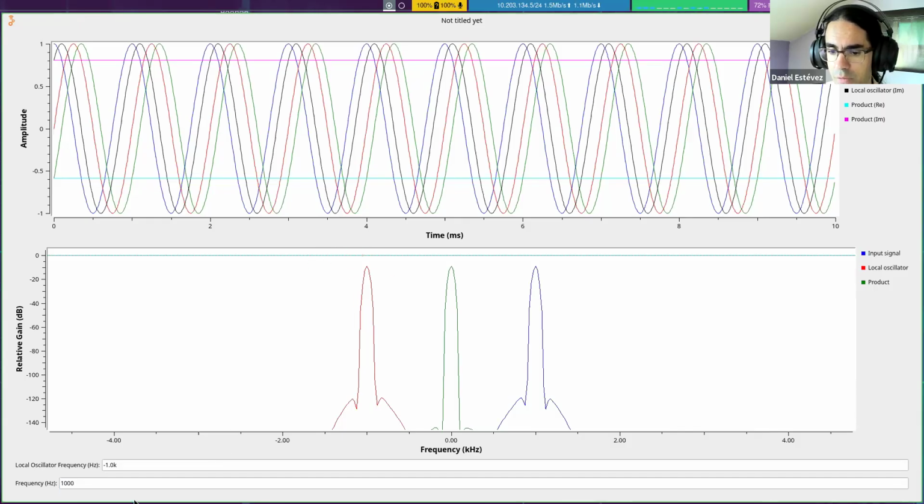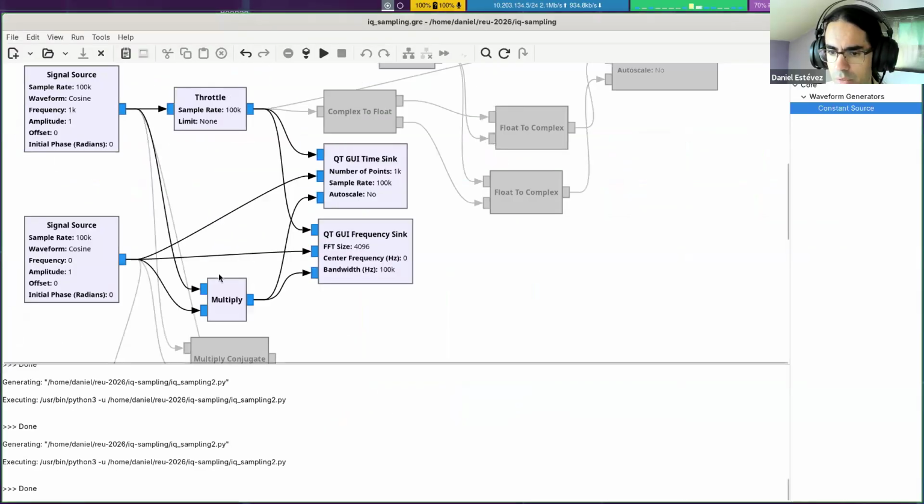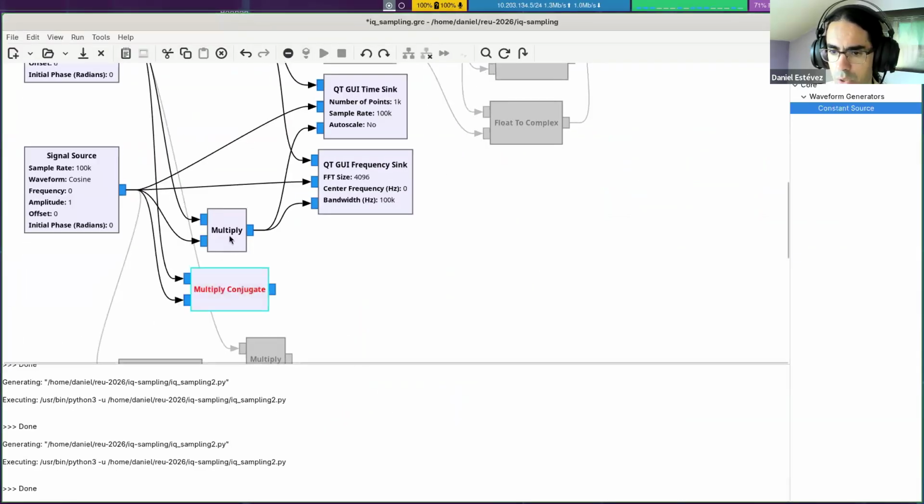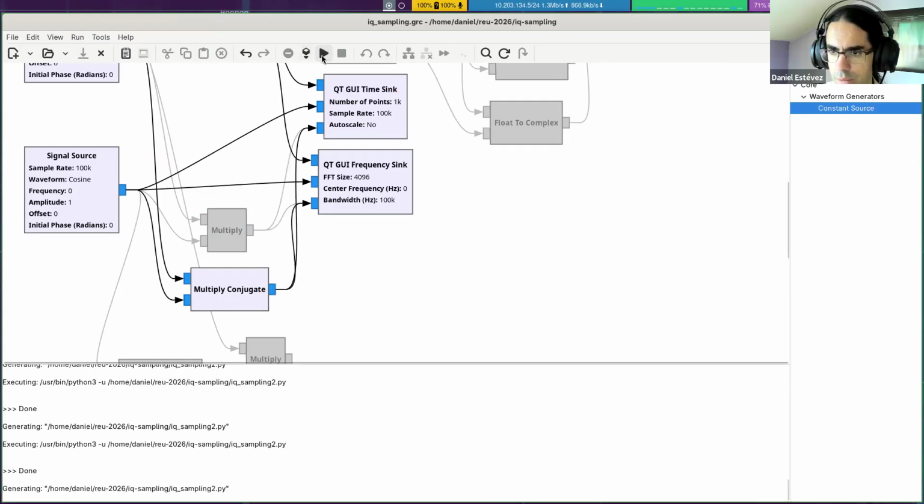That can be inconvenient because you need to remember to put the minus sign. So there's a way to get around that, which is to use the multiply conjugate operation. That essentially flips the frequency of the second term. So if I use this like so, then